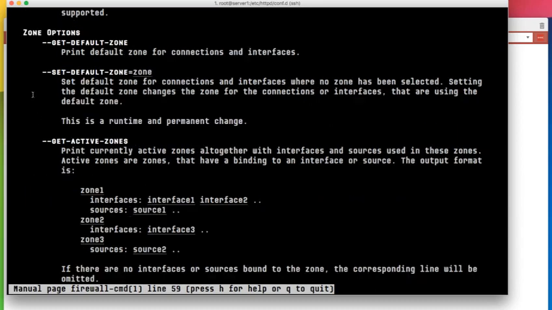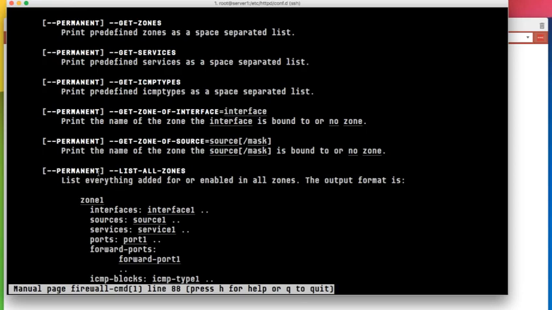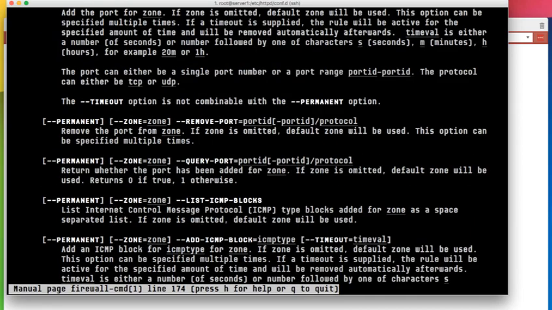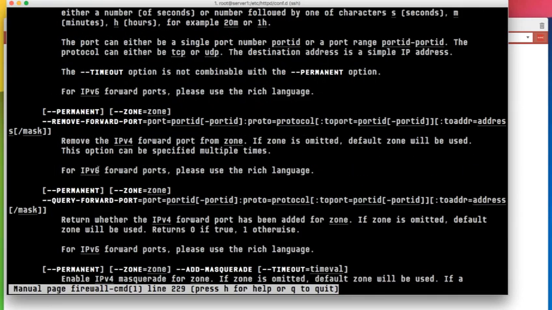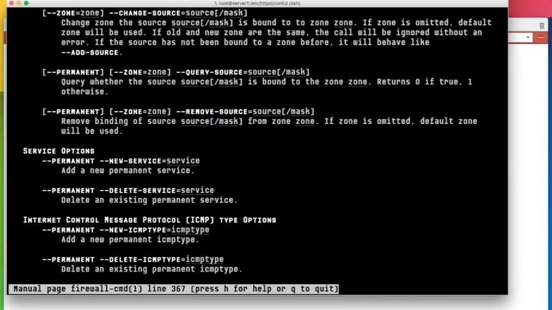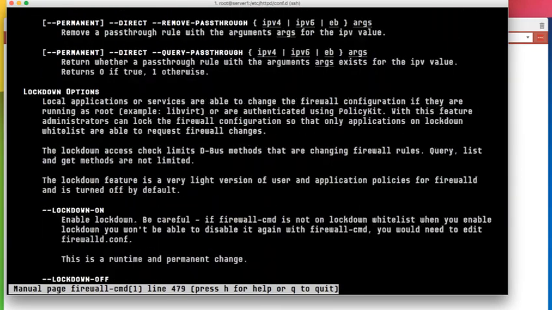And here, if you had lots of different NICs, you can put them in zones, and then you can have your access list allowing from one zone to another, just like a firewall would. And if you go down, I think there might be an example of where we can add